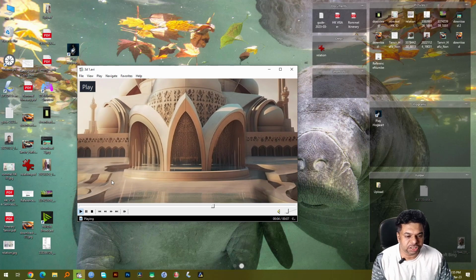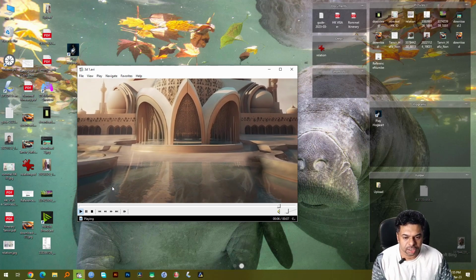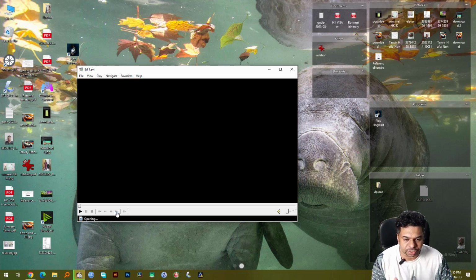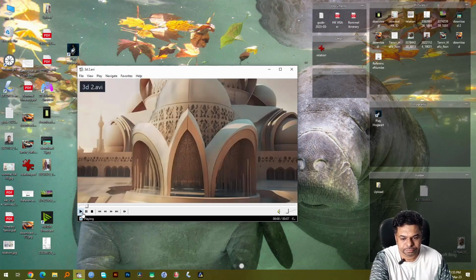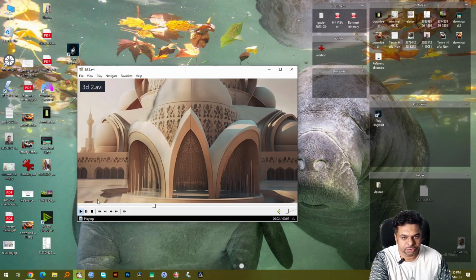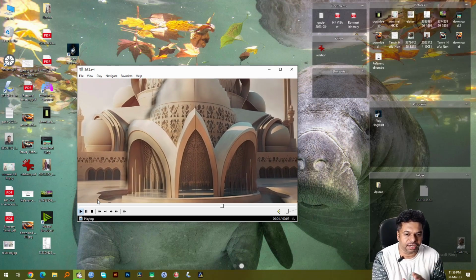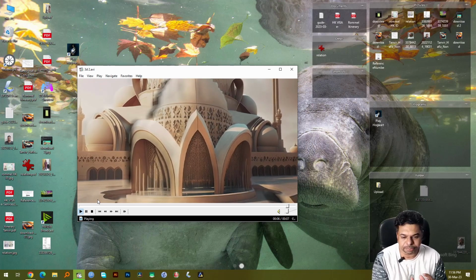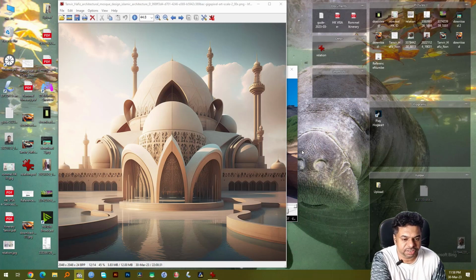So this image was actually created in stable diffusion and animated. I'll show you another version of this video. So this time the camera is going from left to right, and you can clearly see that there's a depth thing going on. So this is the image we created using Mid Journey, and now I'm going to extract the 3D depth map